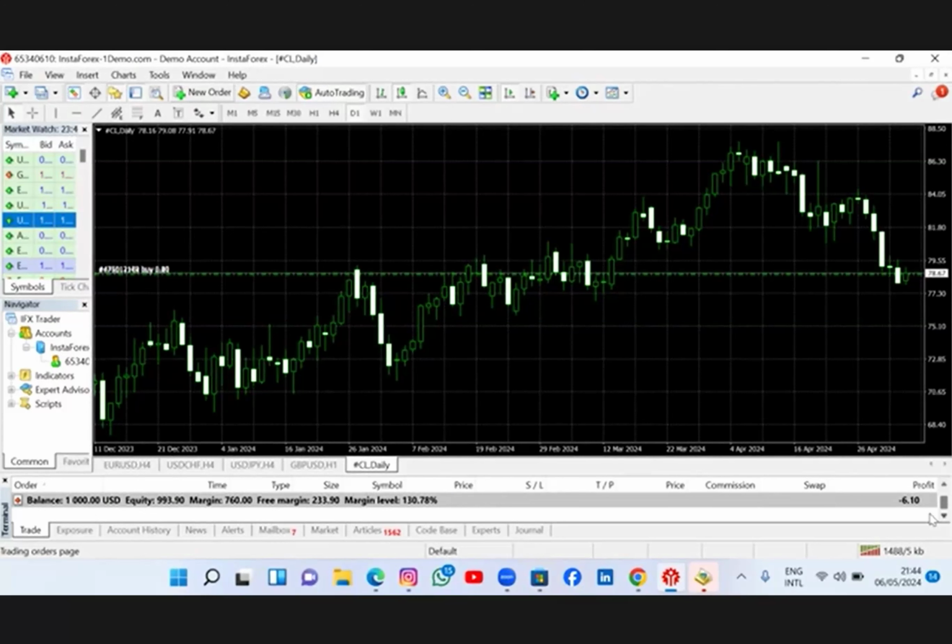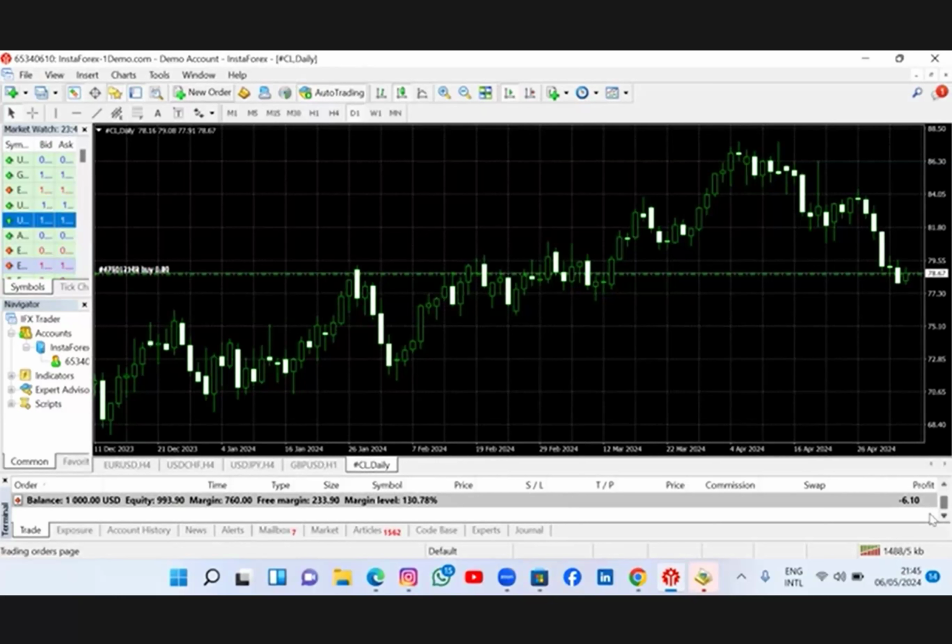That is the same thing when you place a trade and the trade is running on profit. It will be added to your free margin, giving you a sign that you have more money in case you want to trade more. It will also be added to your equity, so that your equity will be bigger than your balance. But your margin will be constant, because that is the money that was kept aside and went into the trading.